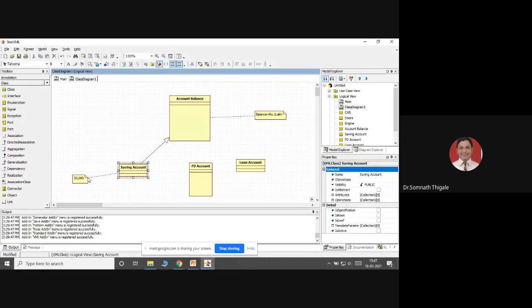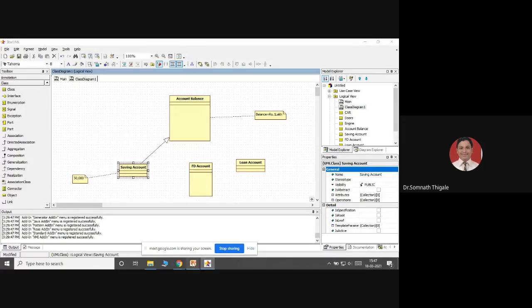If 6% is the rate of interest given for a saving account, then with respect to my account, the balance of the saving account should be increased automatically after a period of 3 months or maybe 6 months or maybe after 1 year, and that should be reflected immediately.